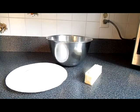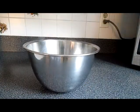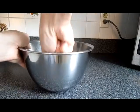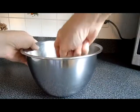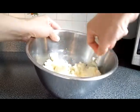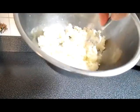So now that your dry ingredients are mixed together, we're going to work on the next step, which is creaming together your sugar and your butter in a large mixing bowl. So you're just going to mix them together, either hand mixer, stand mixer, fork, whatever you got. I like to use a fork. I'm just going to mix them together until they're nice and light and fluffy. So after you're done mixing it together, it should look like this, and it's ready for the next ingredients,